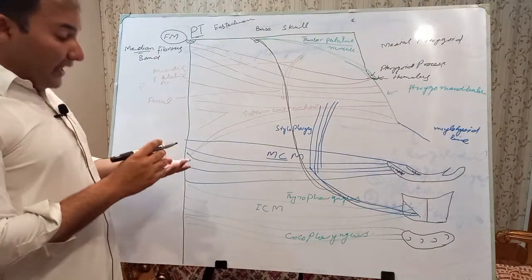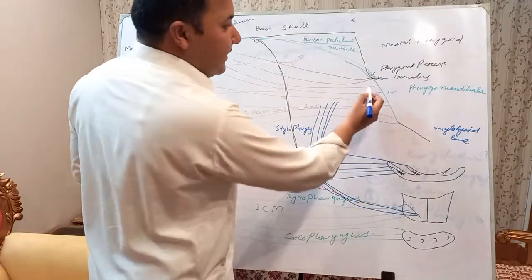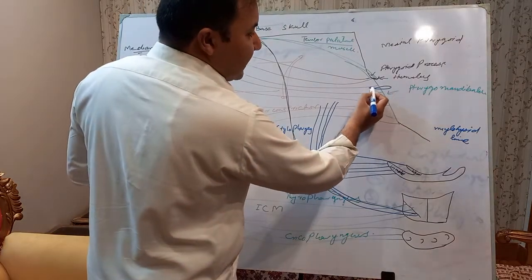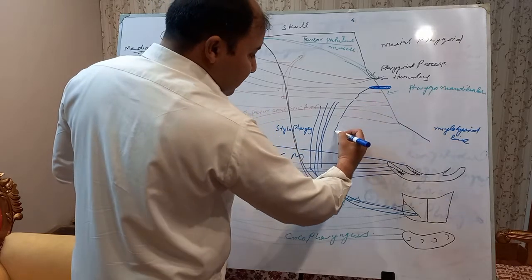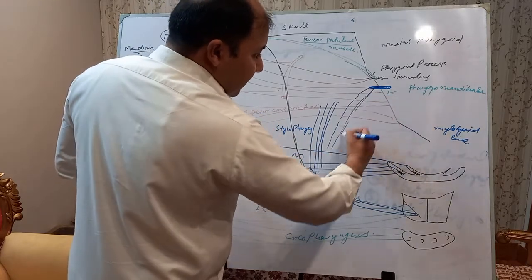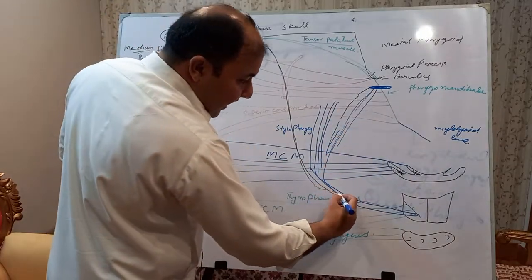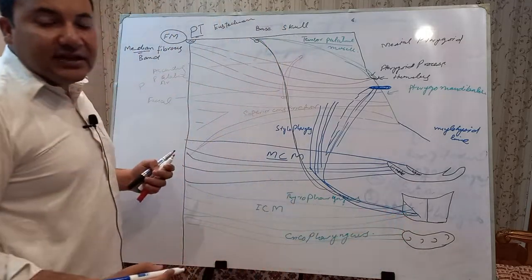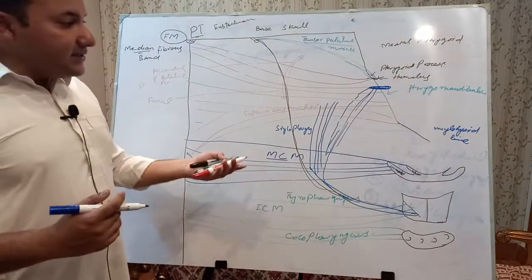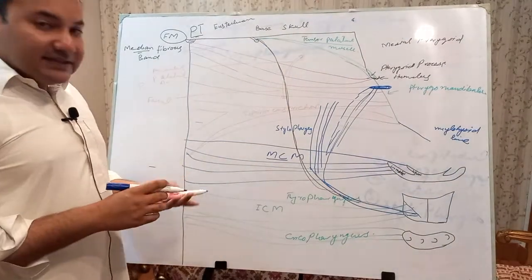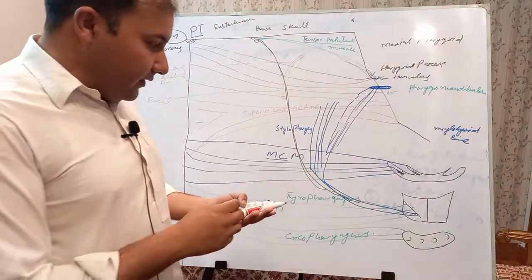Then we have the palatopharyngeus muscle. Palato, as the name indicates, originates from the palatine process. The fibers originate and unite with these fibers and are inserted on the posterior border of the thyroid cartilage. These are very important pharyngeal muscles which help in the process of swallowing and